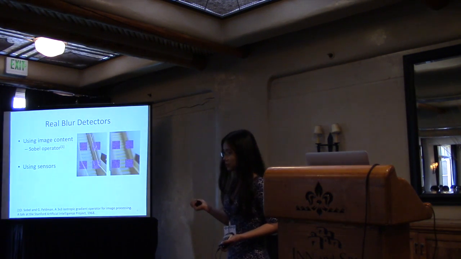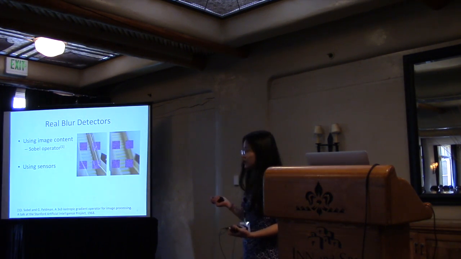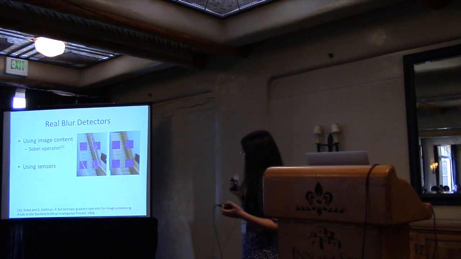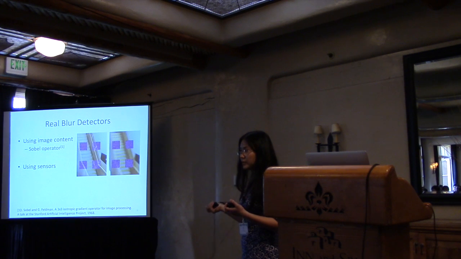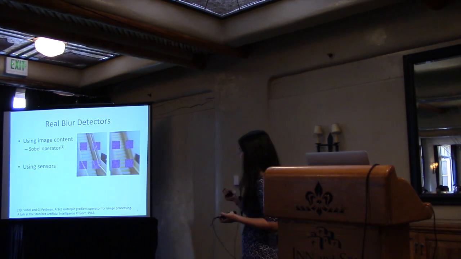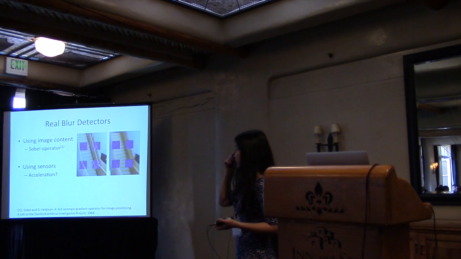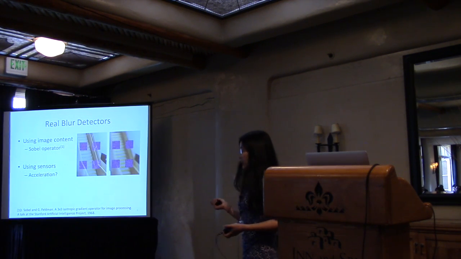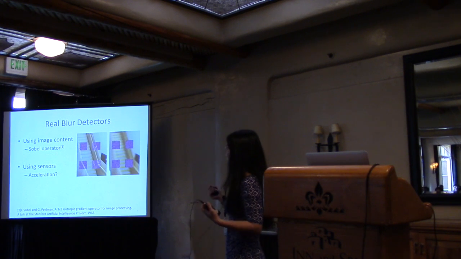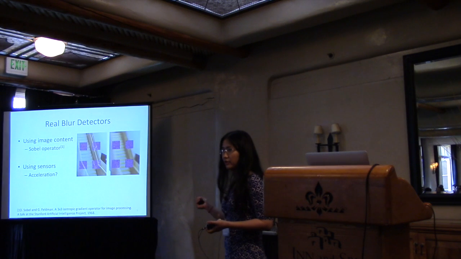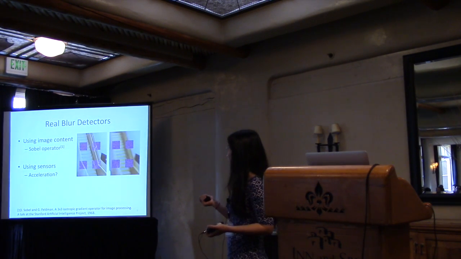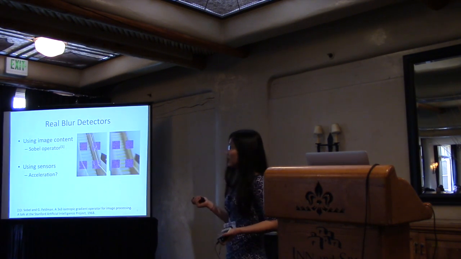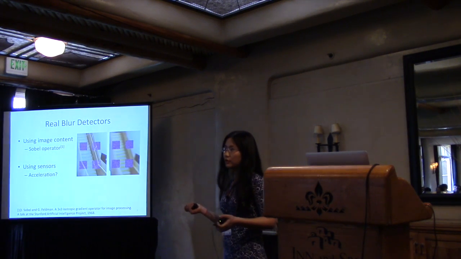Another idea to detect blurry frames is to use sensor data. Sensor data is the source of the blurriness in frames captured on mobile devices. Then which sensor should we use? One common idea is to use acceleration sensors. Acceleration sensors are usually used for motion detection. However, we found that we cannot use acceleration directly in this task, as blurriness is more related to velocity instead